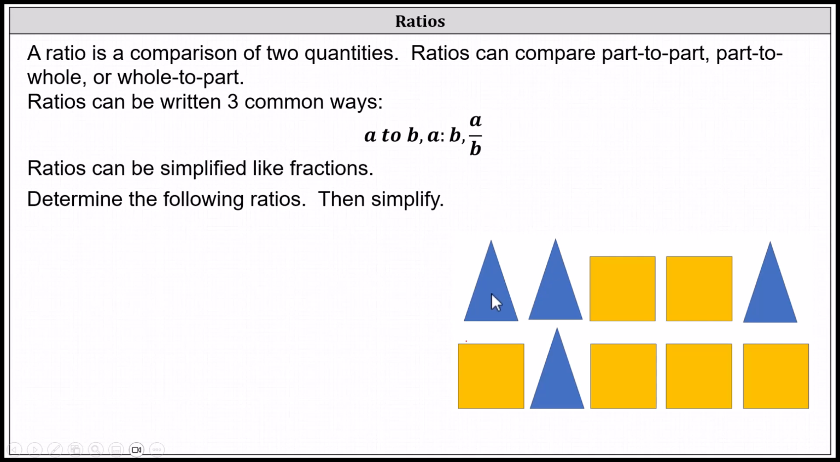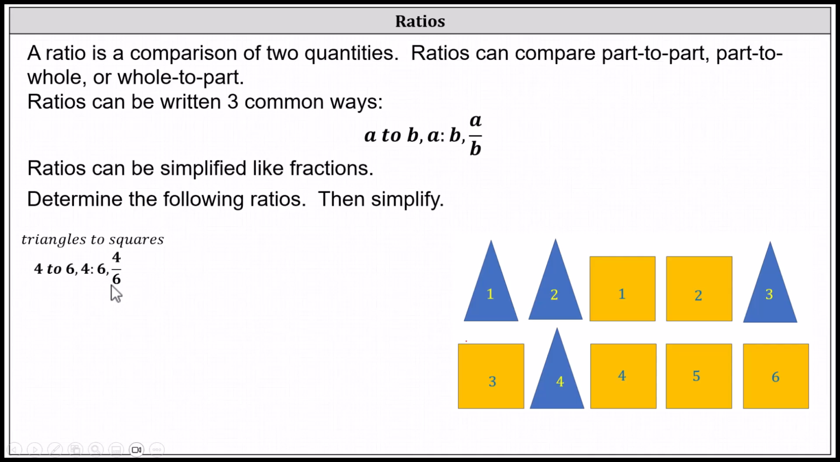Using the diagram of triangles and squares, let's begin by determining the ratio of triangles to squares. Let's begin by counting the number of triangles. We can see we have 4 triangles, and now we count the number of squares, and there are 6 squares. The order of the ratio is extremely important. We're comparing the quantity of triangles to the quantity of squares, and therefore the ratio of triangles to squares is